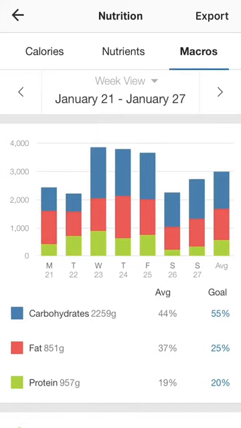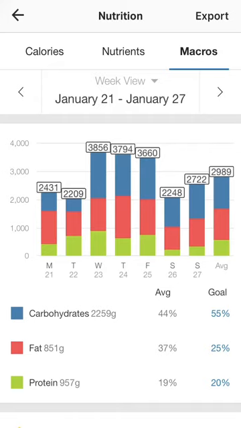You can see exactly the same graph. If you click on the graph, you're going to get the numbers come up. You're going to see the average amount of calories again throughout the week. But also what's great here is you can see your average amount of carbohydrates, fats and proteins with regards to a percentage. So I actually averaged 44% carbohydrates throughout this week, 37% fats and 19% protein. So actually I'd under-eaten on my carbohydrates, I'd over-eaten on my fats, and I was about right with my protein